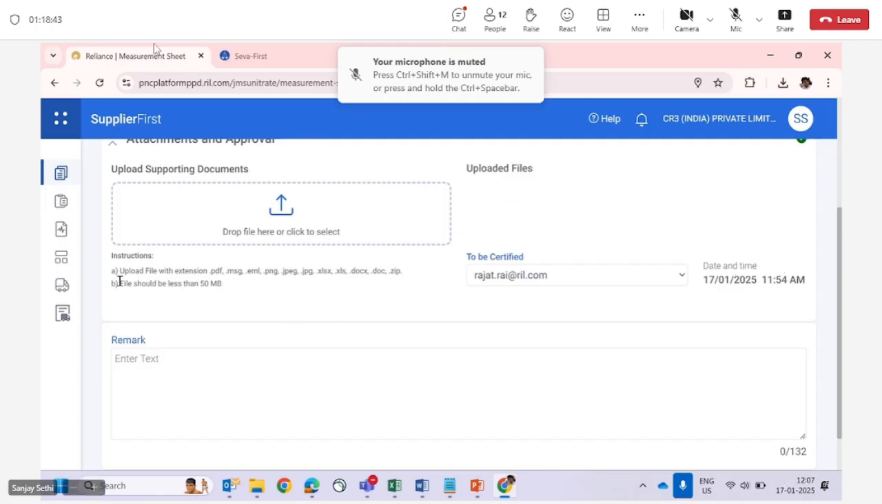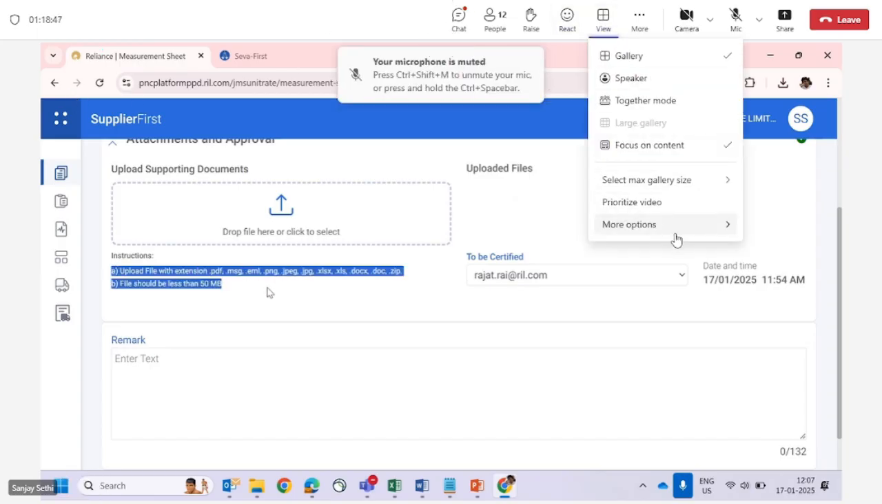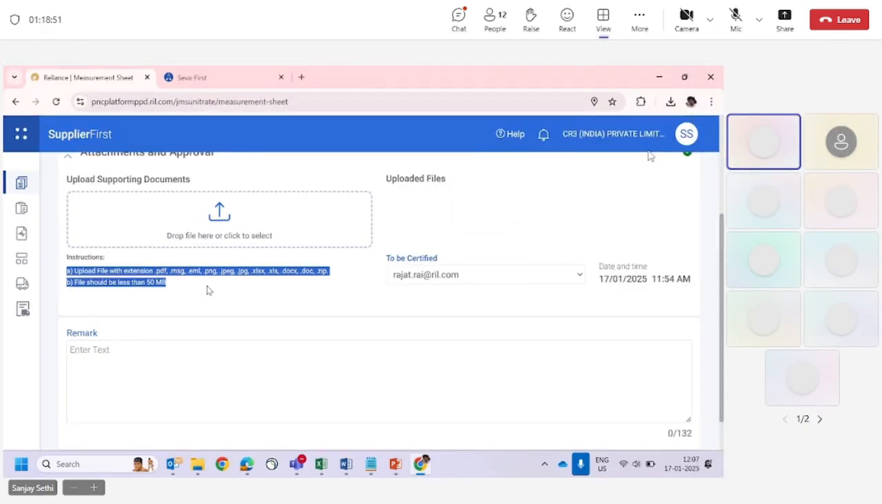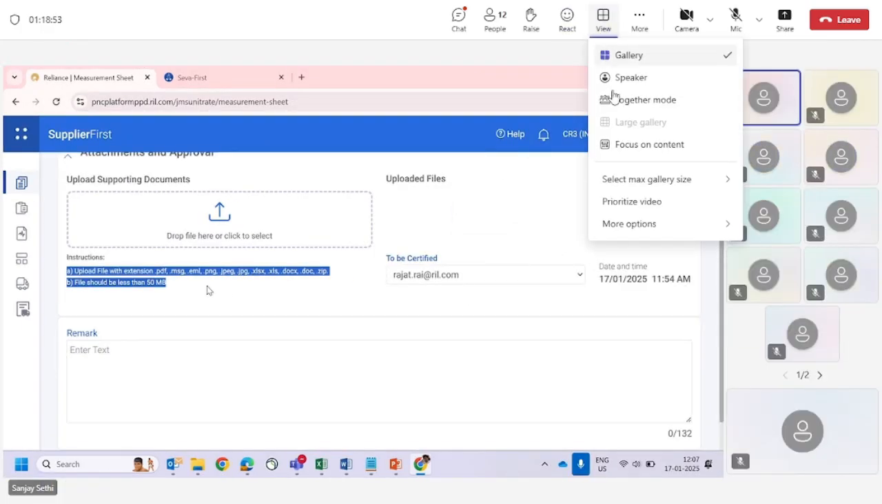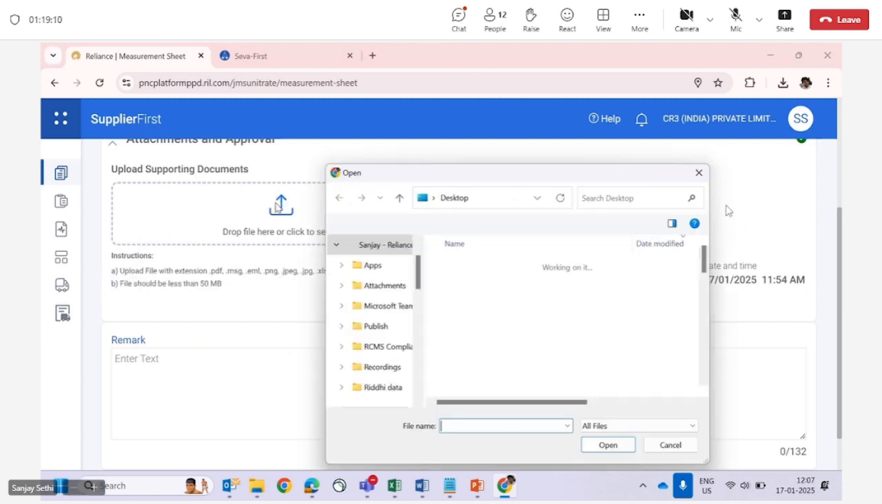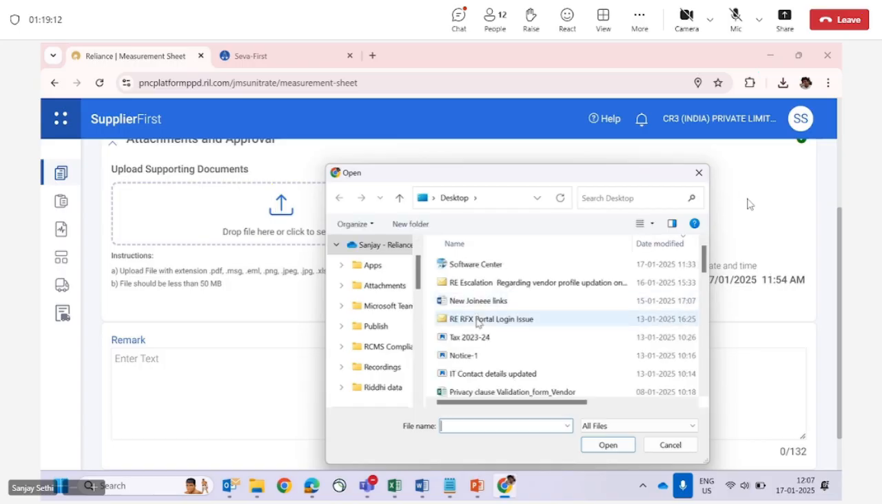Now, what are the files you can attach? It is mentioned over here. आप क्या क्या डॉक्यूमेंट्स अटैच कर सकते हैं? डॉक फाइल है, जिप फाइल है, एक्सेल फाइल है. PDF is the standard one which I'll ask you to attach, but you can attach any files, and the file should be less than 50 MB. Okay, right? So I select and attach documents to justify my